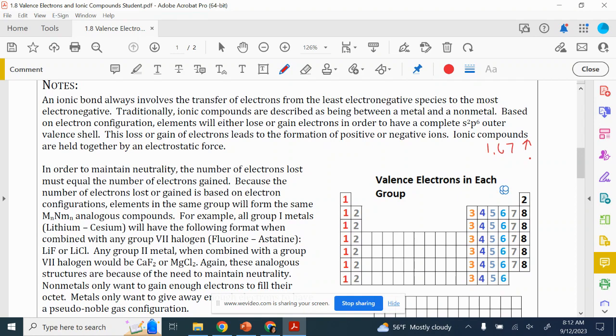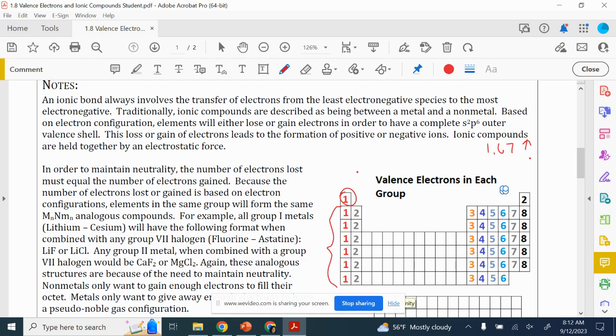So when we look at these, hydrogen being the exception, hydrogen can either be a +1 or a -1. It can either lose an electron or gain an electron. So we're going to kind of ignore him a little bit for this discussion. But when we look at these guys, they're going to typically end up losing one electron. Because if they lose one electron, they're going to look like a noble gas. And that's what all these elements are striving for. I know I'm personifying a lot, but